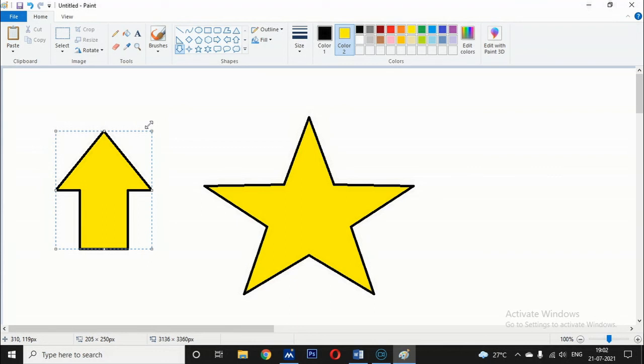We also learned moving and copying objects. There are three ways to move and copy an object: cut and paste, copy and paste, and paste picture into Paint. We also learned the undo and redo commands. Then we learned to rotate or flip a drawing.